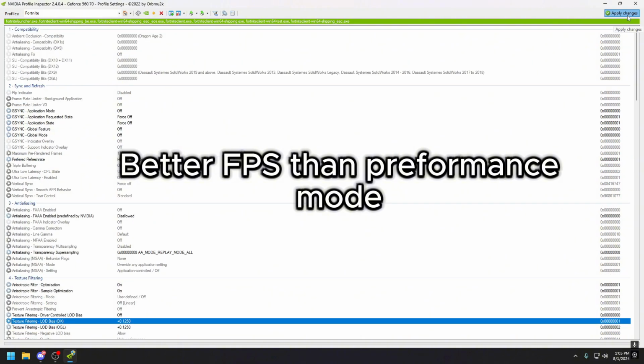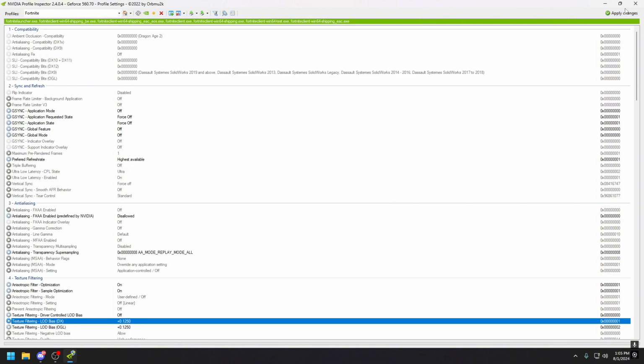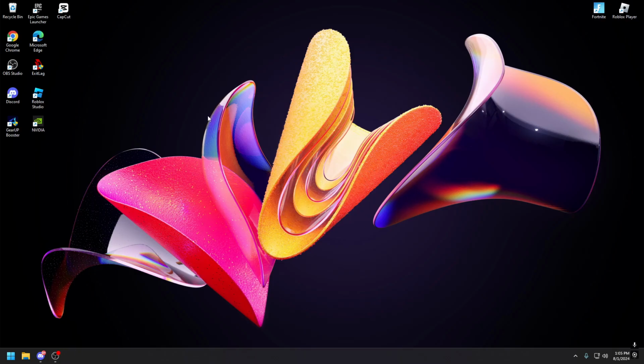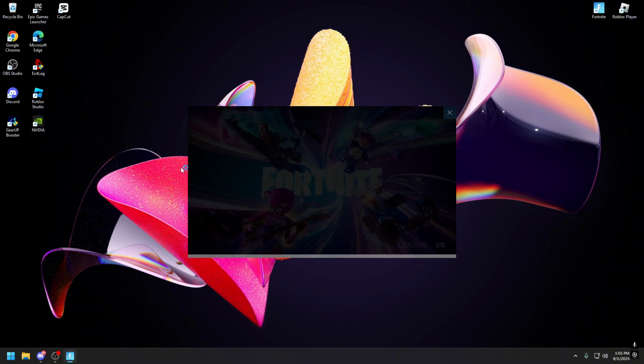Well, I will anyways, but you click apply changes up here on the top right, and then it's set. You're good to go, right? And if you want to revert it back, there's literally a revert button on here. You can easily do that. Just click revert, and at the click of a button, everything's changed right back. But when you launch Fortnite, your graphics will look a little worse than performance mode, but it's still playable and